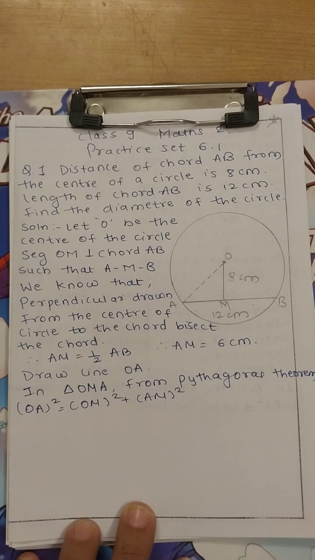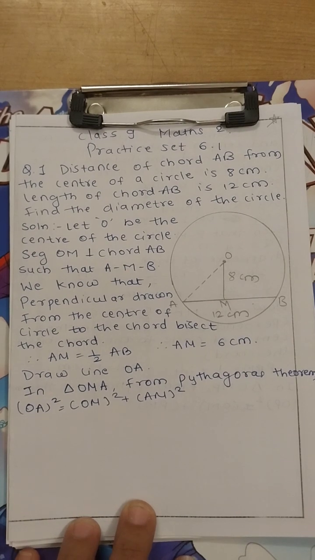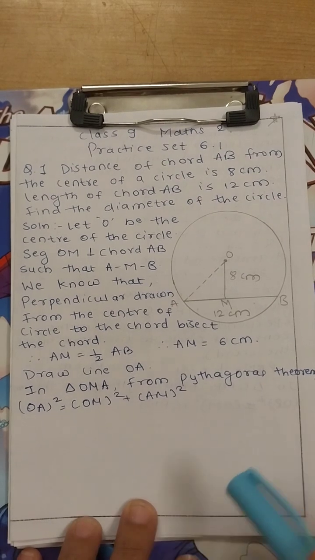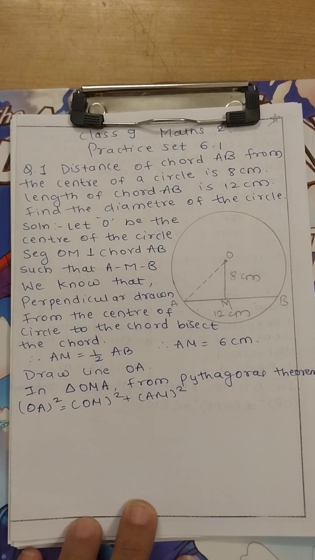I have already written the given data for some examples, because if I write the given data in between while making the video, it is time consuming. Videos get too lengthy to upload and it may be boring for all, so I'm writing only the given data. Calculation will be live. Okay, question number 1: distance of chord AB from the center of a circle is 8